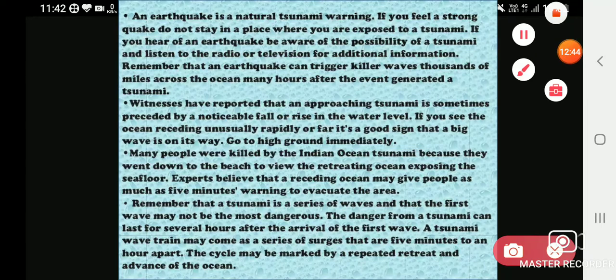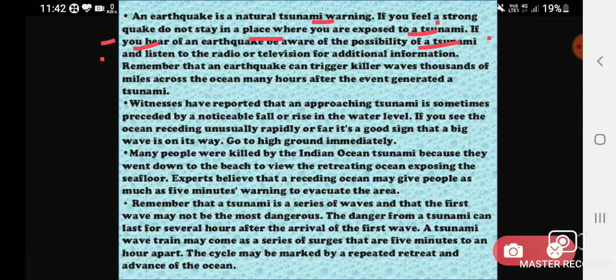An earthquake is a natural tsunami warning. If you feel a strong quake, do not stay in a place where you are exposed to a tsunami. Means if you feel an earthquake, do not stay near the sea. If you hear of an earthquake, be aware of the possibility of a tsunami and listen to the radio or